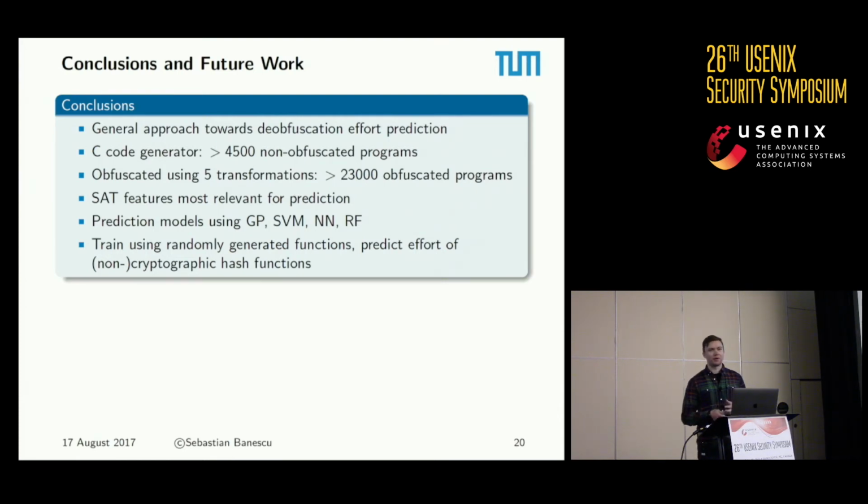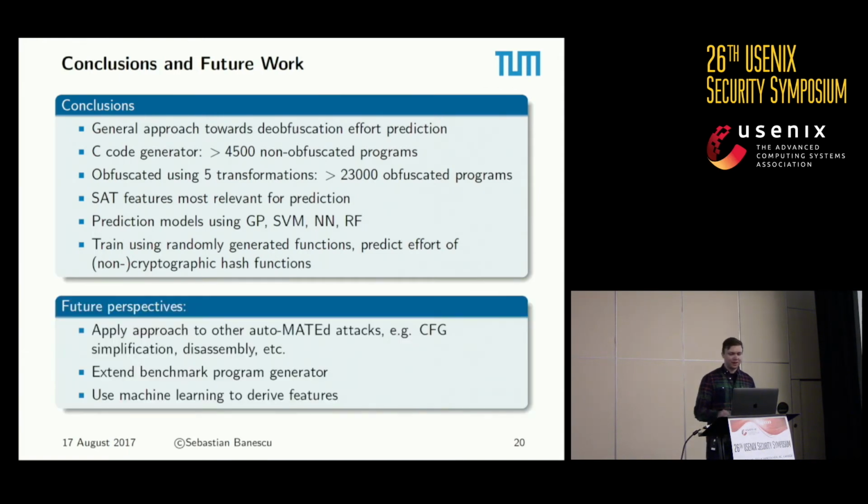We observed from our experiment that SAT features are most relevant for predicting the effort needed by these symbolic execution attacks. The different machine learning algorithms that we employed for building these regression models do not differ a lot. We've noticed certain levels of improvement by using different algorithms. However, the core point is the features and not which machine learning algorithm you employ. We also trained using synthetically generated C programs and applied this to cryptographic and non-cryptographic hash functions, and we obtained